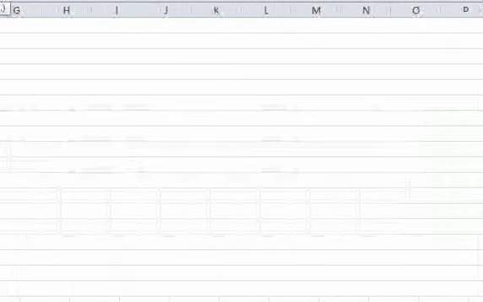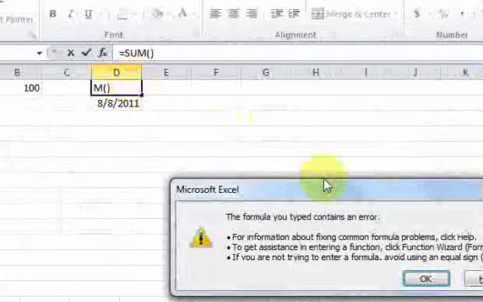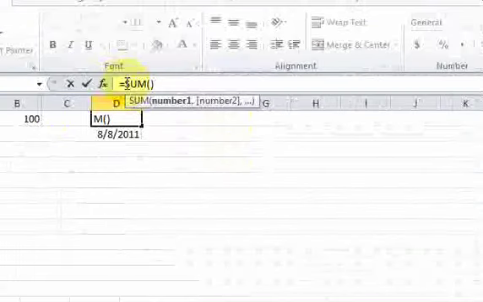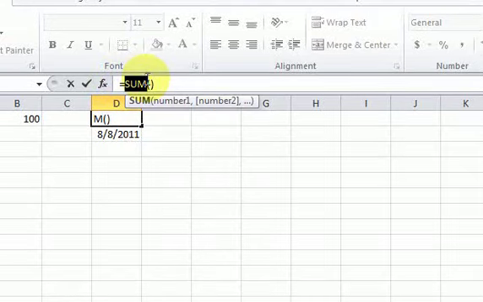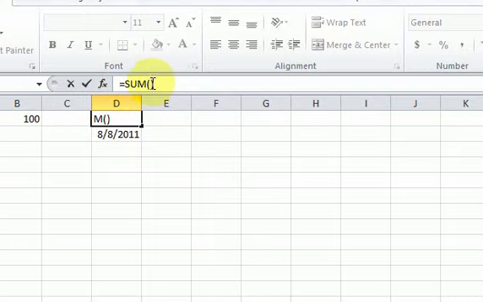So look at if you do sum without parameters, as soon as you put that equal sign, it's trying to call this function sum, and that's what I mean by call. Microsoft Excel knows that this is a function, so that error popped up because it knows that sum is a function, but you're missing parameters, so it's going to cause an error. So that's critical that you understand that some functions have parameters, and if you don't provide the input, then you're going to cause an error. Okay, so let me